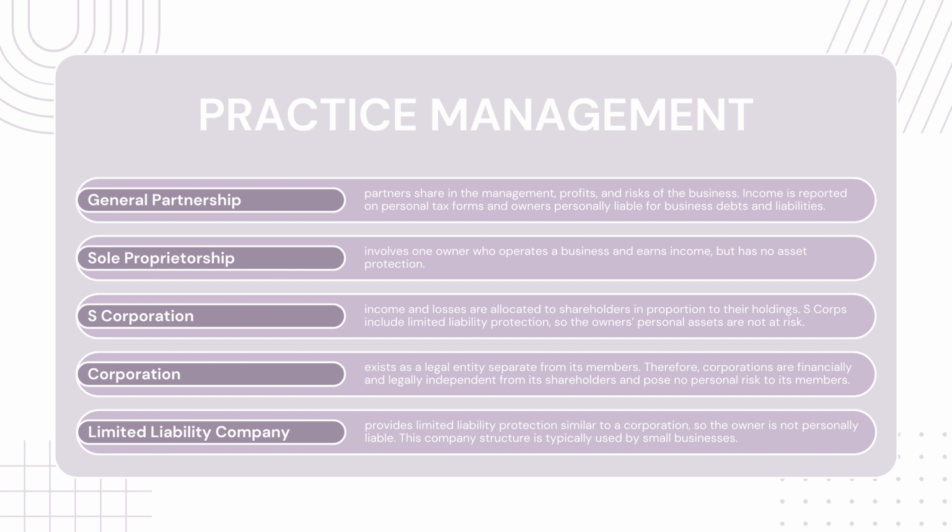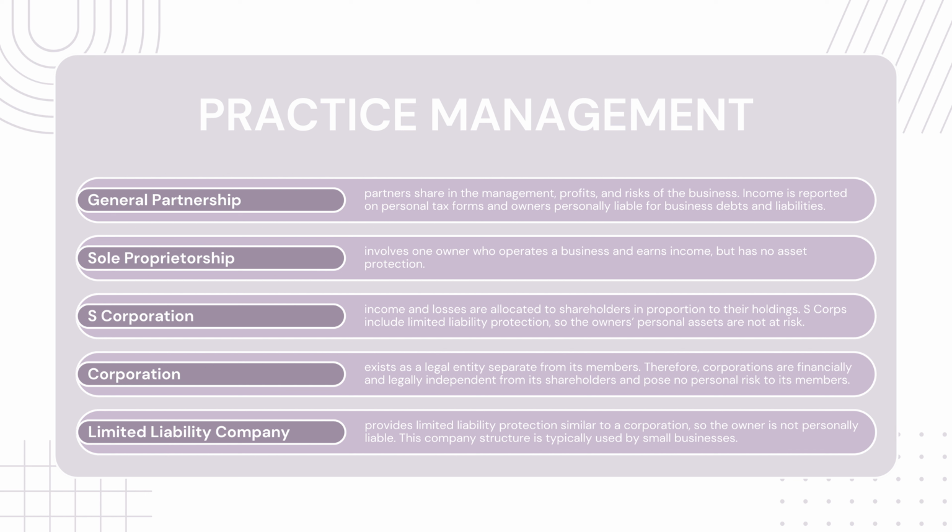Corporations, or C Corps as they're sometimes called, exist as a separate legal entity from its members. Therefore, corporations are financially and legally independent from its shareholders and pose no personal risk to its members. In an S corporation, income and losses are allocated to shareholders in proportion to their holdings. This business type reports income and losses on their personal federal tax returns and is assessed at their individual tax